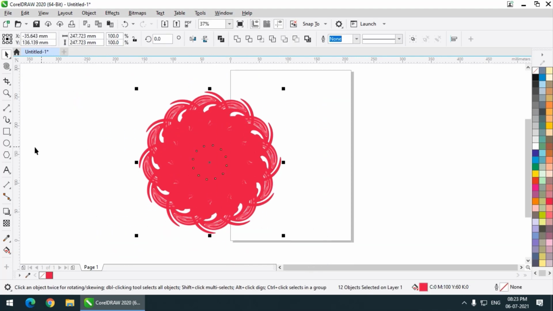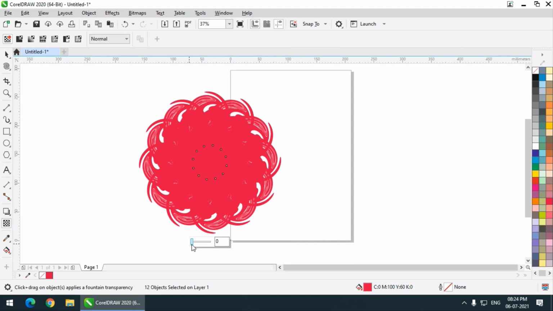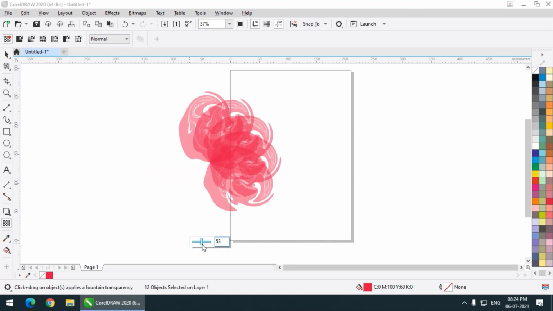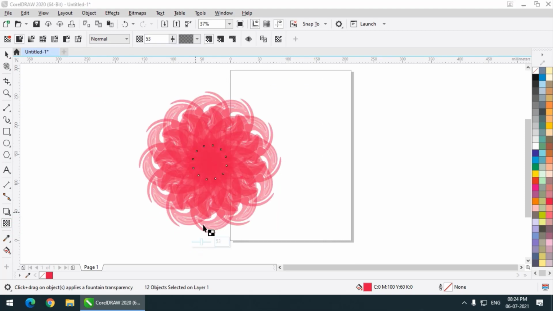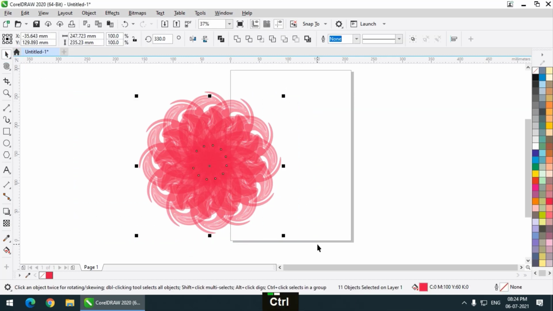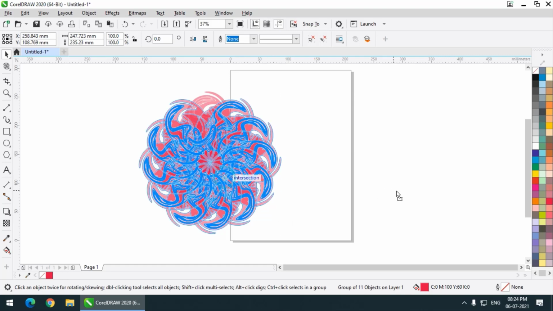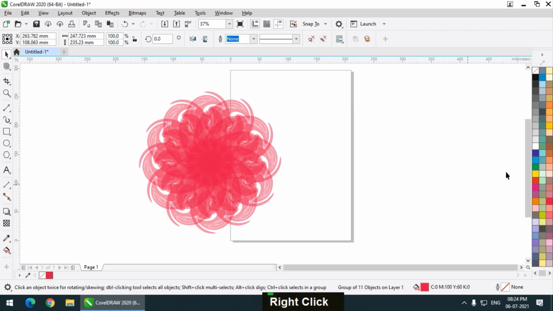So I'm selecting this one and I'm applying transparency to this shape. Look, simply amazing. By using any random shape or any abstract shape, we have created a perfect symmetrical shape. So this is the beauty of CorelDRAW.